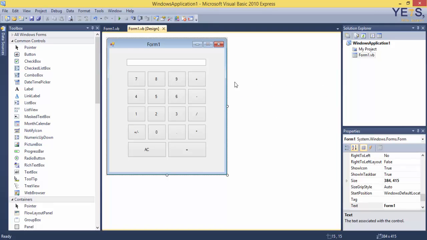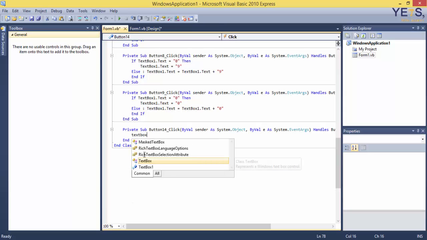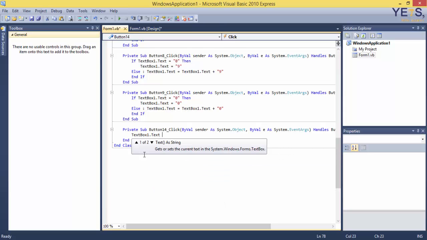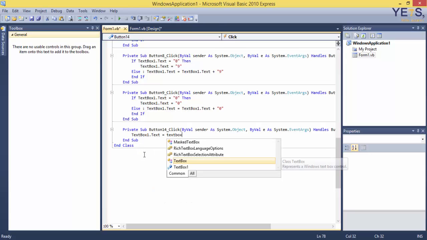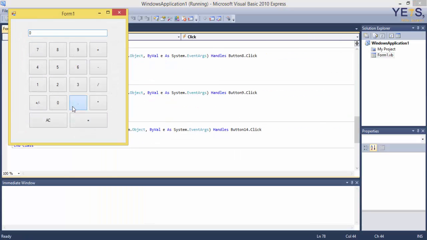So now that we're done with all the numbers, we have to get into the mathematical symbols. We're going to start off with the decimal button. There is a dot there in case you couldn't see. Basically the code to it is actually very simple. TextBox1.Text equals TextBox1.Text plus a dot there. Very simple. It's very easy to understand. When you click on the button, it will add a dot to the text. So let's see if it works. There,